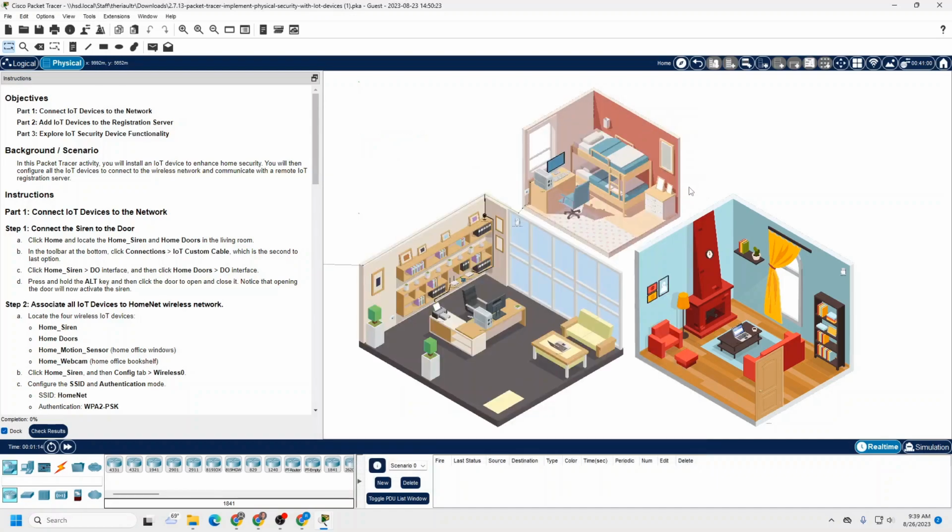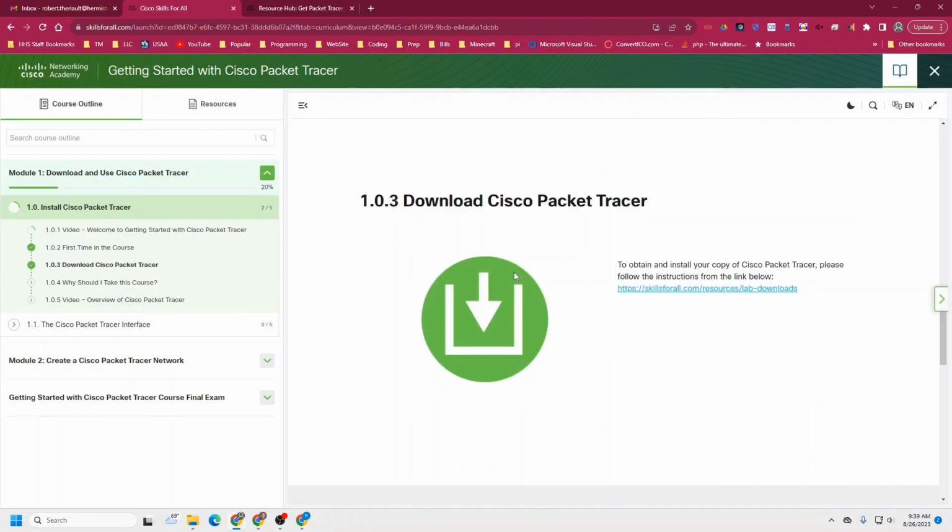So with that, that's all I really had for this video. I just wanted to get you started in Cisco Skills for All, the Packet Tracer, how to get things uploaded to it, and then make sure that you